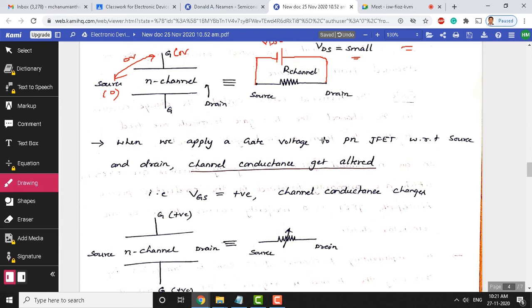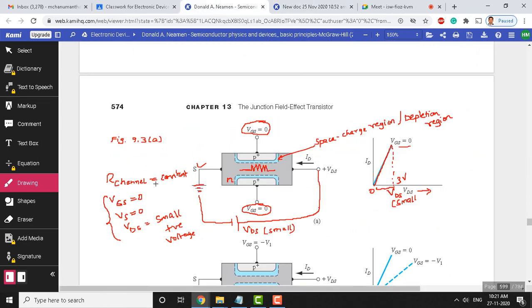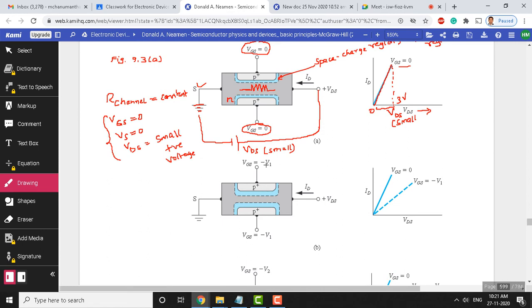When we apply gate voltage now, we said here when the gate voltage is made 0, the resistance is constant here. We told here the channel resistance is constant, but look at the next figure, when there is sufficient voltage at the gate and source. When we say gate, it means gate and source only. We can't apply voltage to one terminal here, so it is implicit that when we say gate voltage, it is between gate and source and not between gate and drain. VG, voltage at gate, always means between gate and source only.